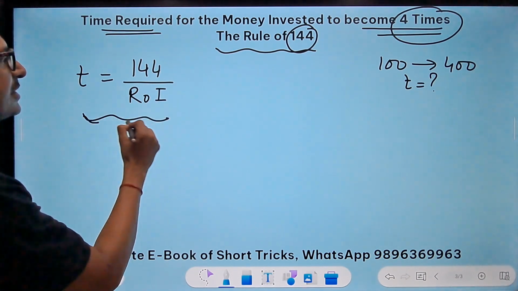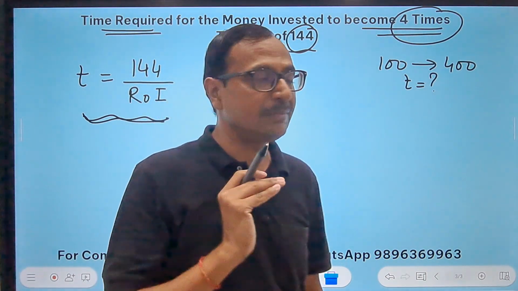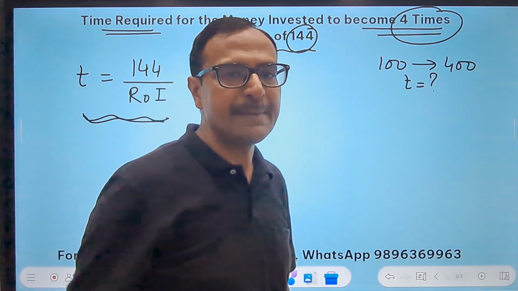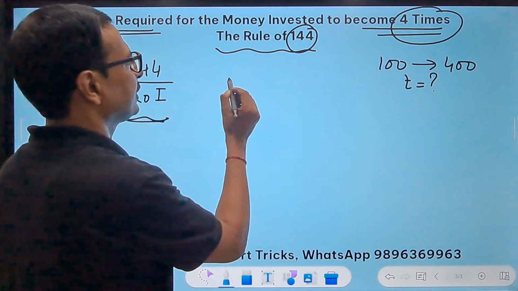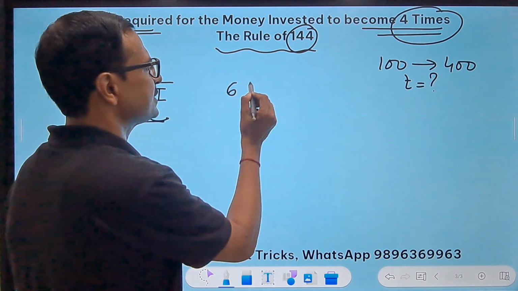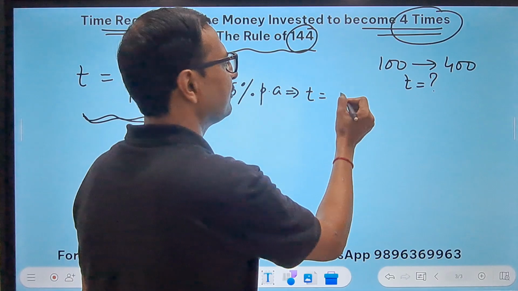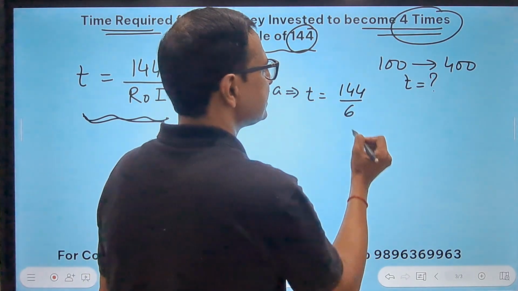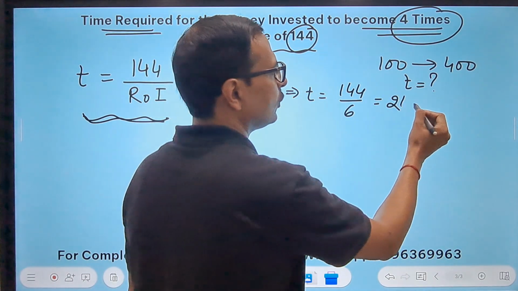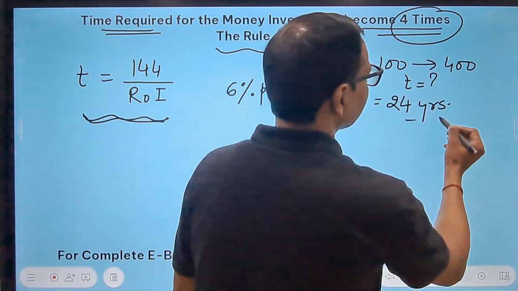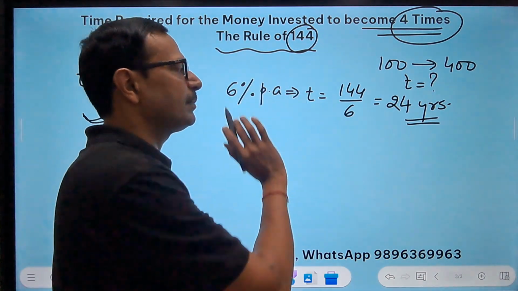And this formula works for finding the time required for the money to become 4 times itself at compound interest. So you can take some examples. Suppose the ROI is, say, 6%. We'll start with 6% per annum. So the time will be 144 divided by 6, which is what? 6 2s are 12, 24 means 4. So 24 years time it will take for the money to become 4 times itself at 6% per annum compound